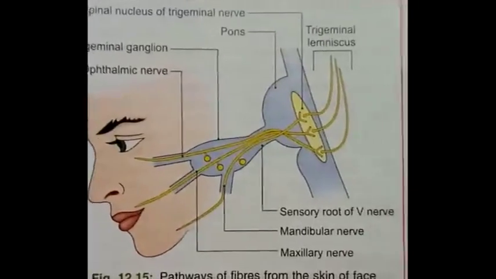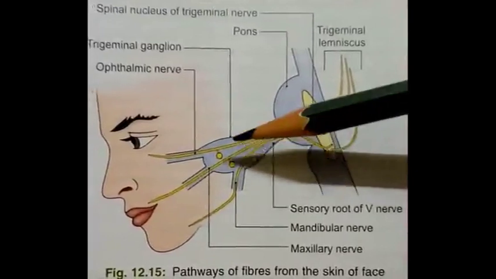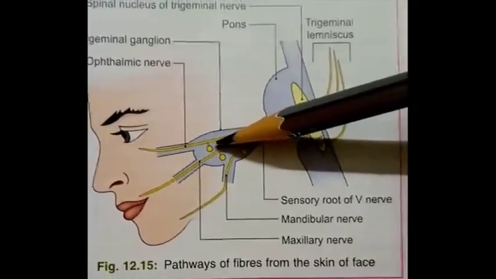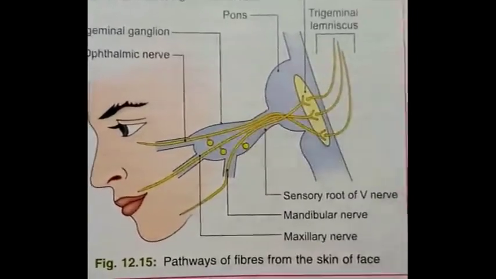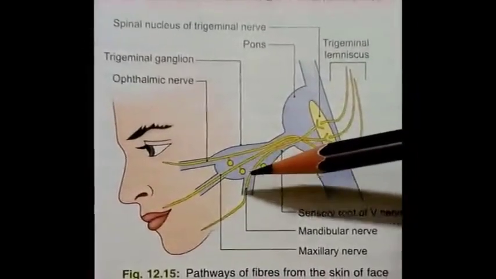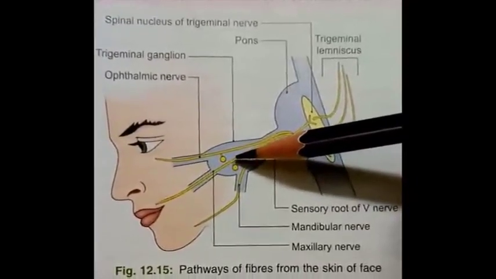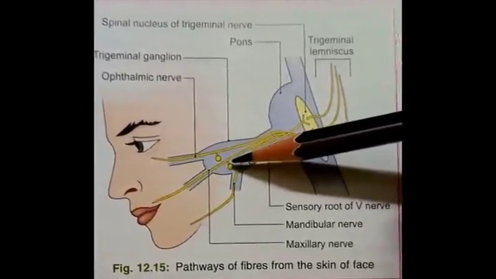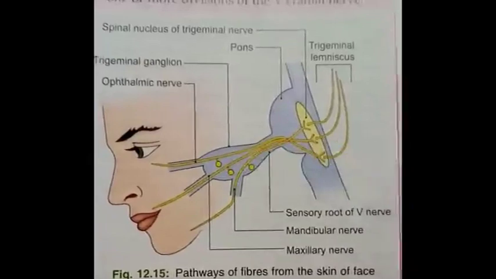Second condition is related with herpes zoster. After recovery from the primary herpes infection, the virus is not cleared from the human body, but it lies dormant within the trigeminal ganglion. This dormant virus present in the ganglion may become active at times and give rise to herpes labialis, that is herpes of the lips, and herpetic gingivostomatitis, meaning infection of the gums and buccal cavity.